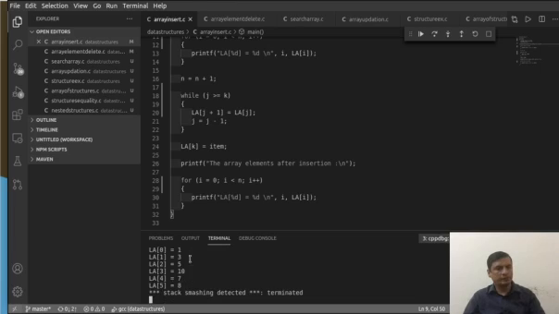So likewise you are going to get 1, 3, 5 and then the inserted element 10, followed by 7 and 8. So that is a simple illustration of the program, where through a live program you try to understand how the element is inserted.